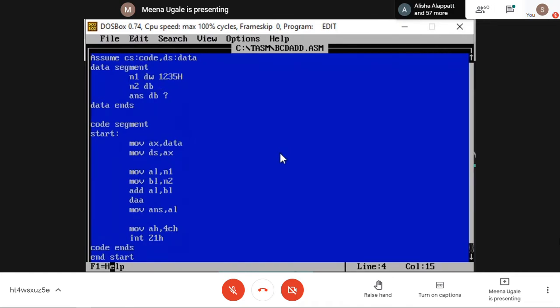You assume any data. These are my numbers. I'm trying to take a bigger number so that I could see the effect of the DAA instruction.